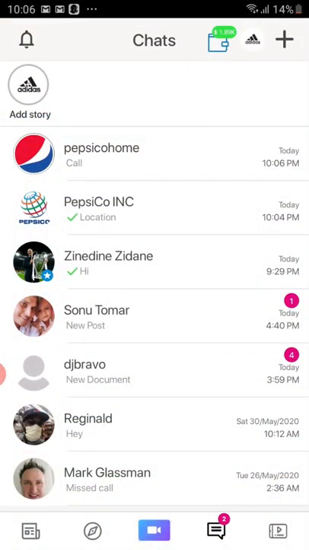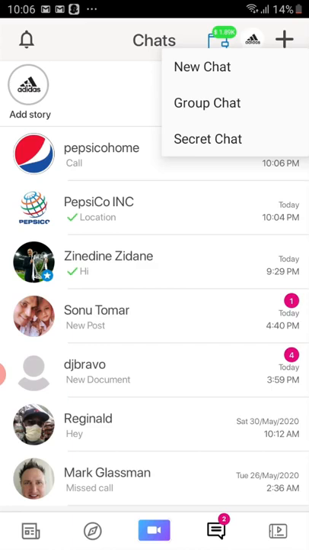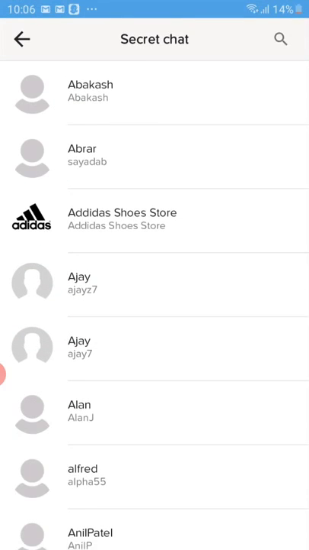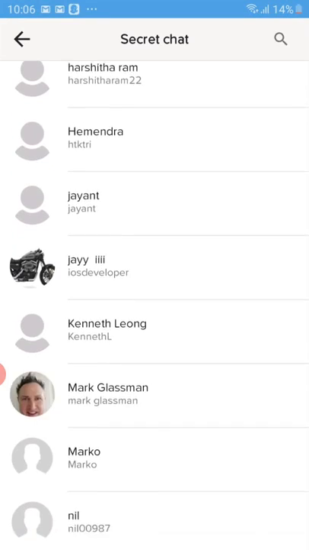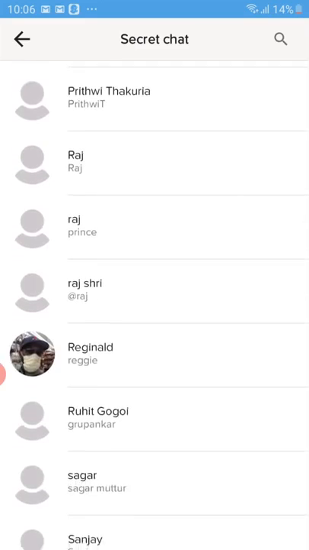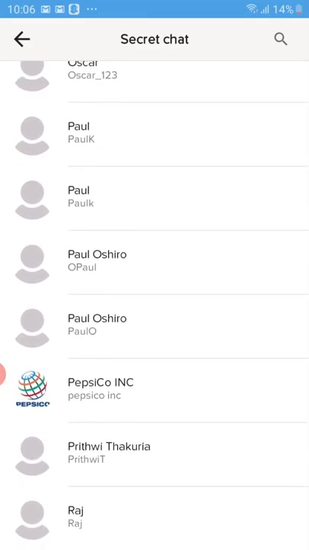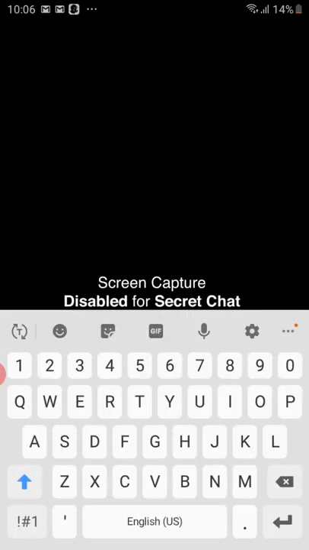Now we have other chat options on the system. We can do a group chat. I can do a secret chat. Secret chat is a pretty cool feature. It's on the lines of the thing that you have on Telegram. So I can set a timer. If I want, I can set a timer so that the messages disappear in 2 seconds. So I send this user a hey, and for the user, it would disappear in about 2 seconds, right? As soon as they see it, it would disappear in about 2 seconds.